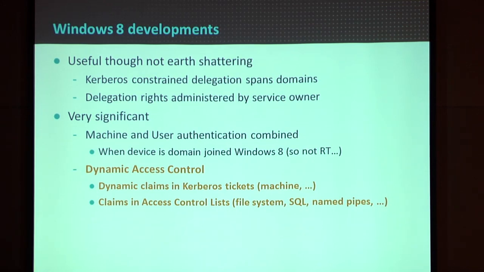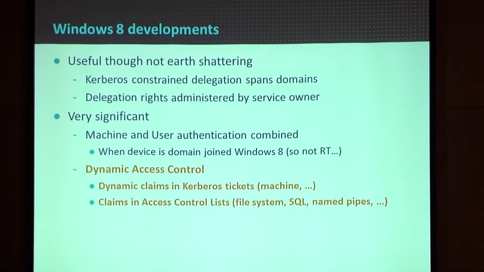What they have already done in Windows 8, which was kind of interesting, is enhance Kerberos delegation in two ways. One is they've made it possible to go across multiple domains. And the second is they've shifted the configuration burden. Instead of one domain admin having to manage the matrix of all the servers that have to talk to all the different other servers and specific services, they've allowed that job to be split up. So each resource owner can basically own their bit of that authorization matrix.